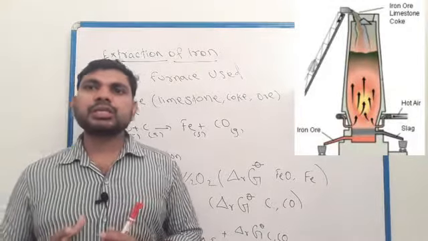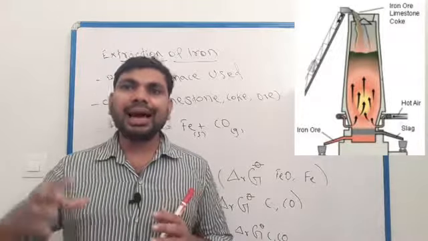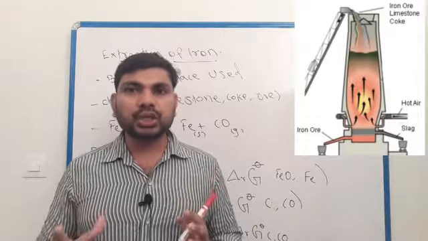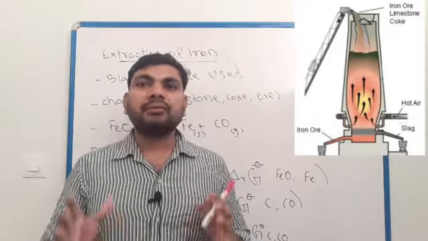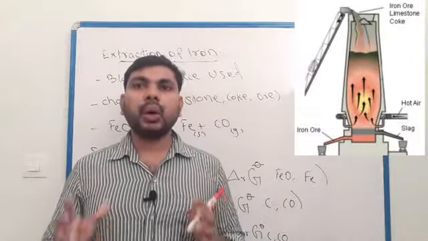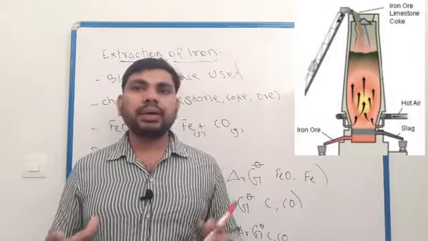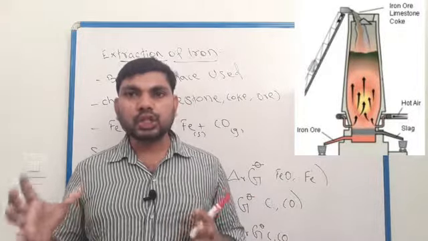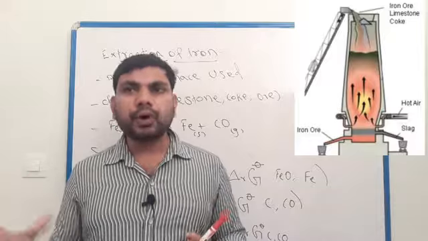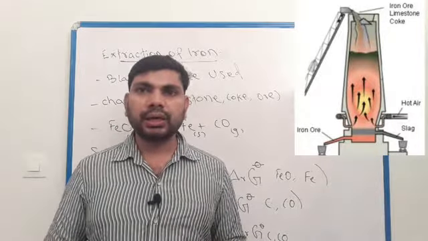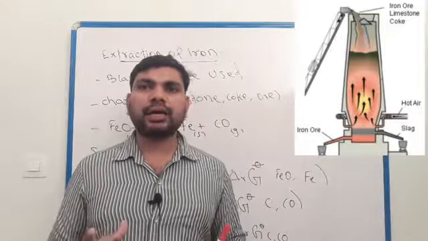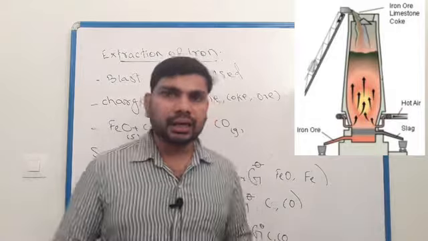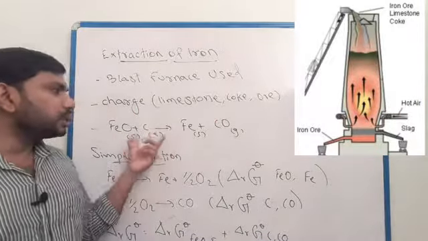This mixture is called charge and it is added from the top of the blast furnace, and we will pass hot air from the bottom part. That's why this furnace is called a blast furnace. We will pass strong hot air from the bottom part of this furnace. After passing hot air and charge, there are many chemical reactions, and here iron ore is reduced to iron and